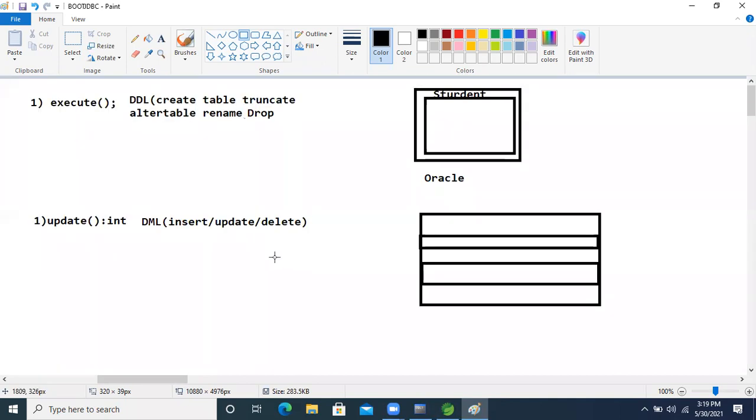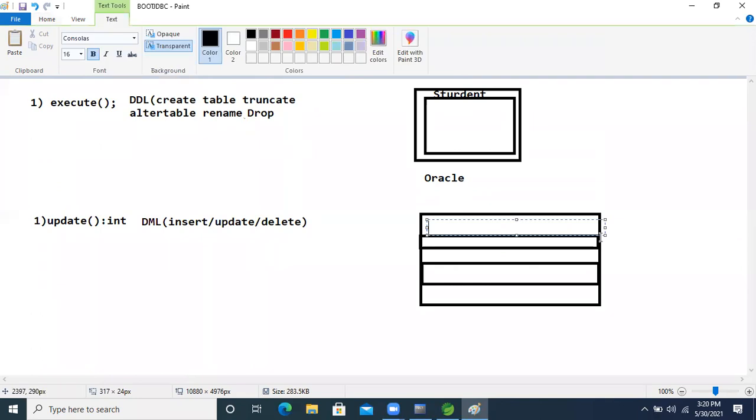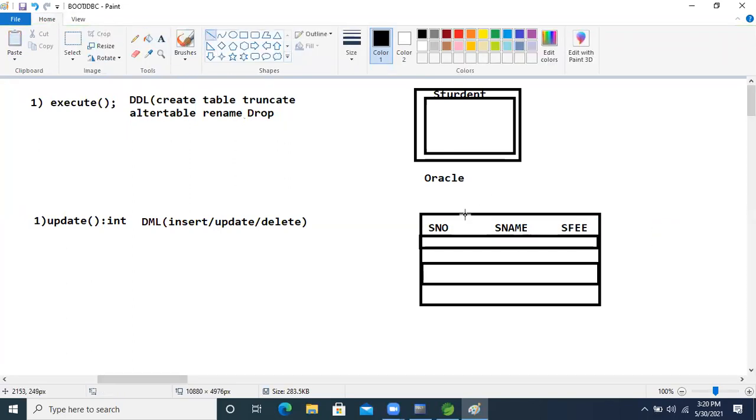So now, from the database, I want one record. Just think about that. One table is there. I'm taking SNO, S name, and fees. This is the record. I will take some names from here only.